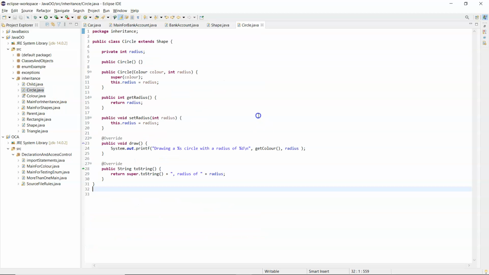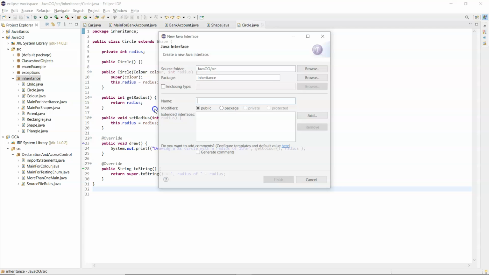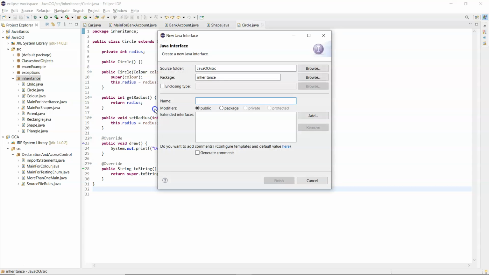Now, I'm going to say the Circle class is going to implement an interface, and I'm going to say that a circle can be bounceable, and if a circle is bounceable, then I'm going to add in a method just to say how bouncy it is. I'm just thinking, what am I going to call that method? So I'm going to have a getBounciness. First of all, I'm going to right click and create a new interface. The name of this one is going to be Bounceable,